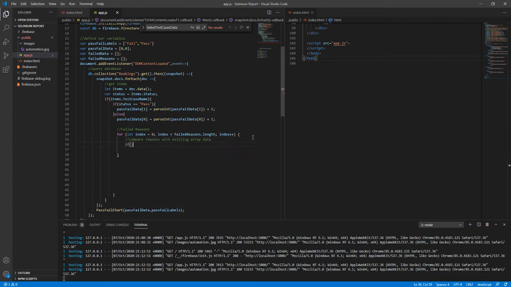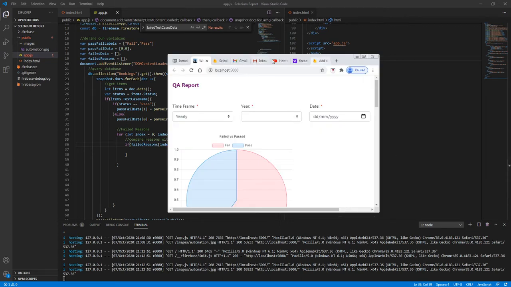So if this reason, let me just trim it, if it's the same, or if it does exist, if we look here,